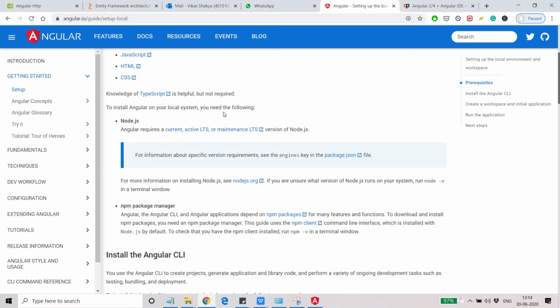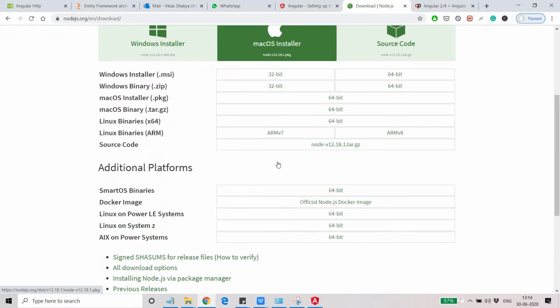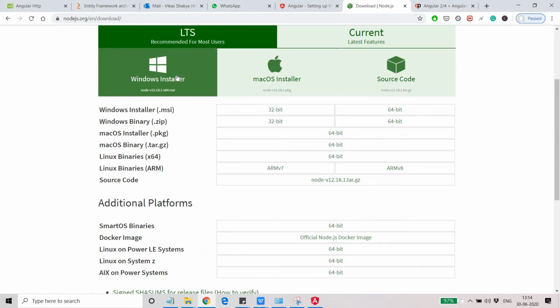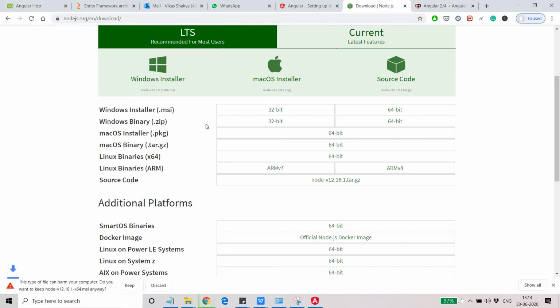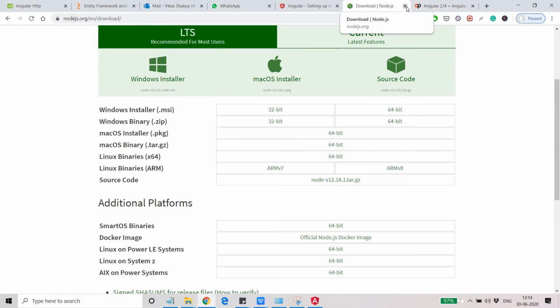Before you install AngularJS, you need to install Node.js. This is the site of Node.js. You can go to the download section, and from the download section, as per the operating system you are using, you can download any of the MSI that fits your operating system, 64 or 32-bit. It's a Windows installer. You can install it for 64 and 32 bits both. The setup of Node.js is very simple. You just need to run the setup and everything will be fine after that.